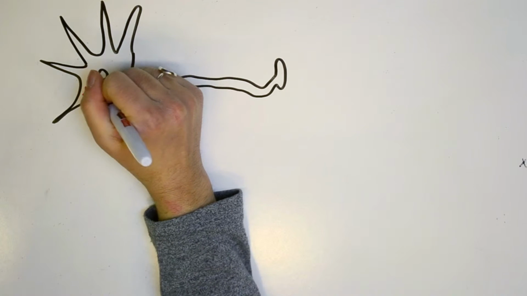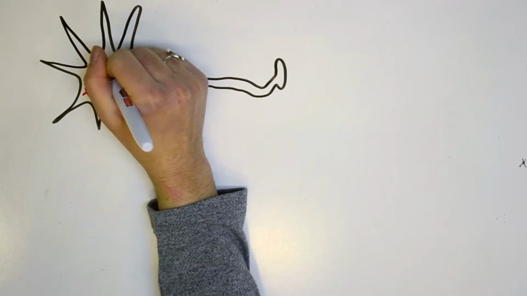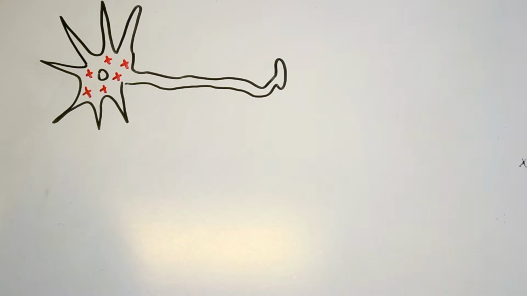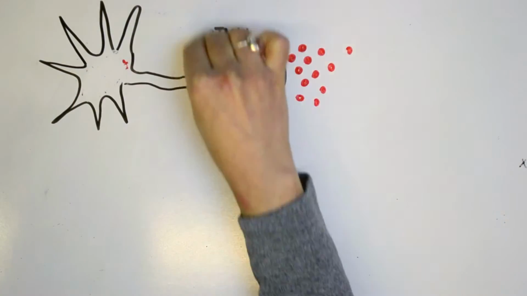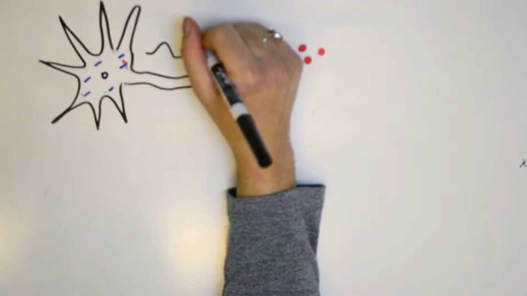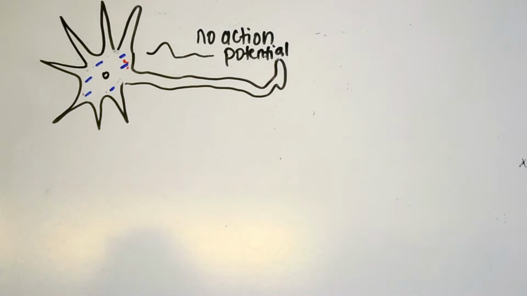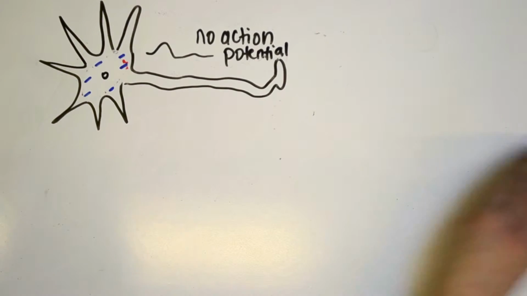To get an action potential, the inside of the neuron needs to become more electrically positive than the outside. This happens when positively charged ions like sodium, potassium, or calcium move into the cell. Without this, our brain cells wouldn't be able to connect to each other or transmit signals like they do. Now that we understand how neurons themselves work, let's examine how drugs can affect them.